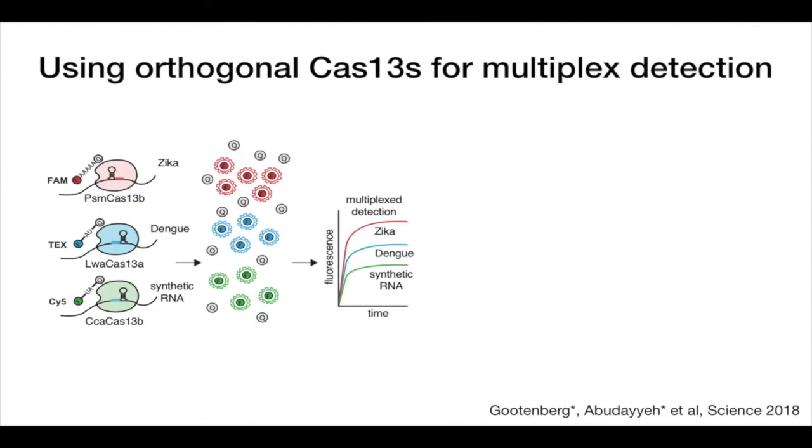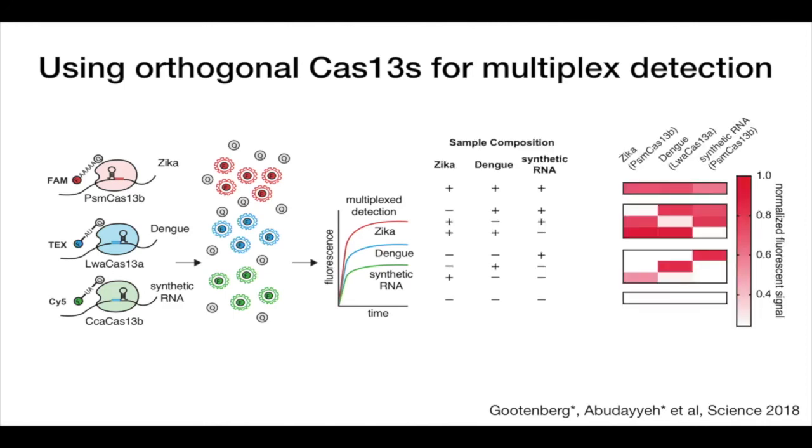And here we're doing a three-plex assay where we're trying to detect Zika, dengue, or synthetic RNA. And we'll have different enzymes, different guide RNAs, and also their corresponding reporters. So what you find in the same biological assay is that when nothing is present, you don't get any signal. If one of the three species is present, you get one of the three. If you have two of them out of three, then you get two of them reporting signals. And if you have all three, you get all three signals. And so you can multiplex them and also read out the result in individual channels that don't crosstalk with each other.